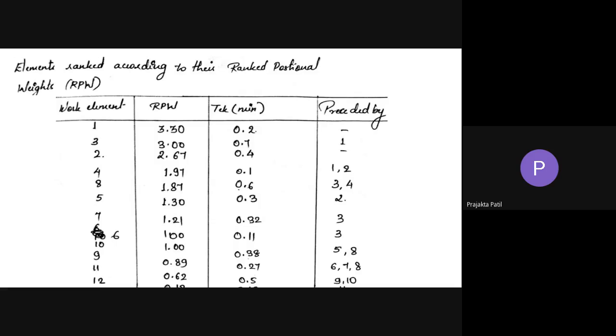So line balancing basically aims at equal distribution of work elements at every station. So first let us now find how many workstations are going to be required, and then we'll find what is the line balancing efficiency.